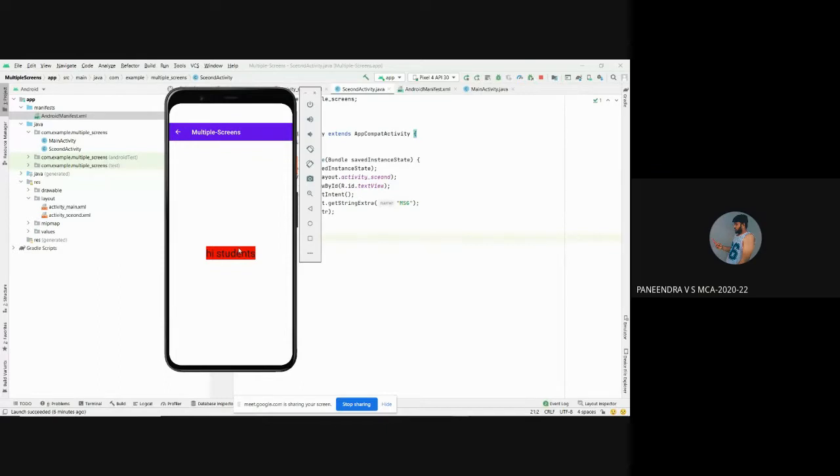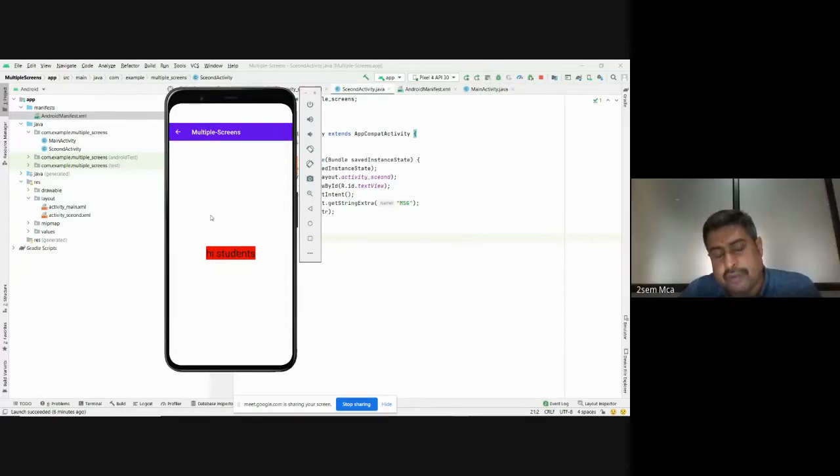Yes, sir. Right. So that means from the first activity, the main activity, to the second activity we are passing data, right? Another important thing is this arrow mark. So moving to the main screen, how can you do this arrow mark here in the action bar? So for that, back here,